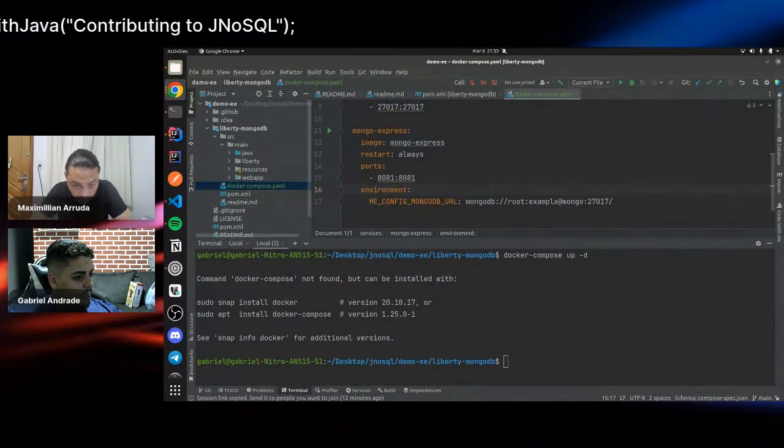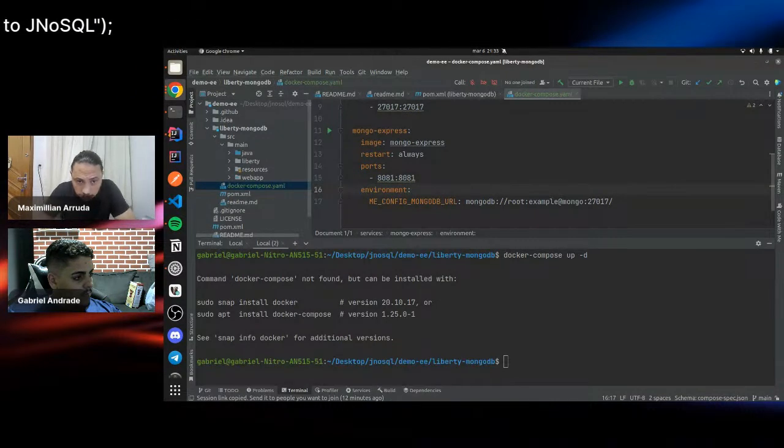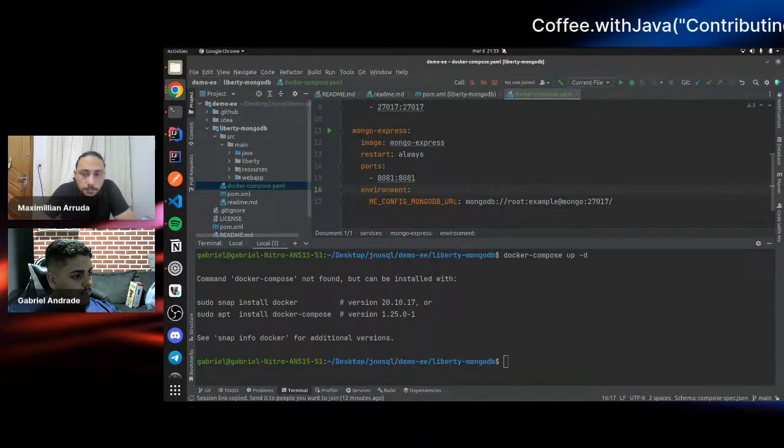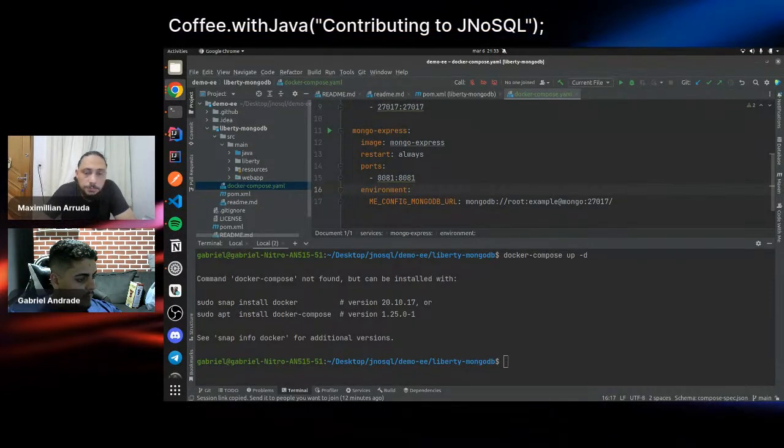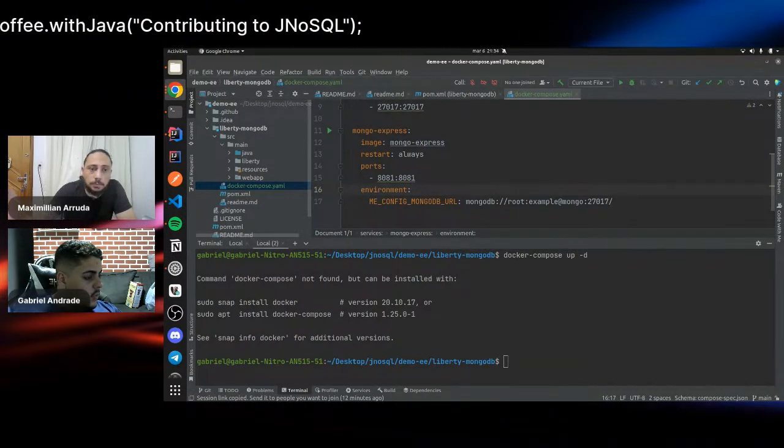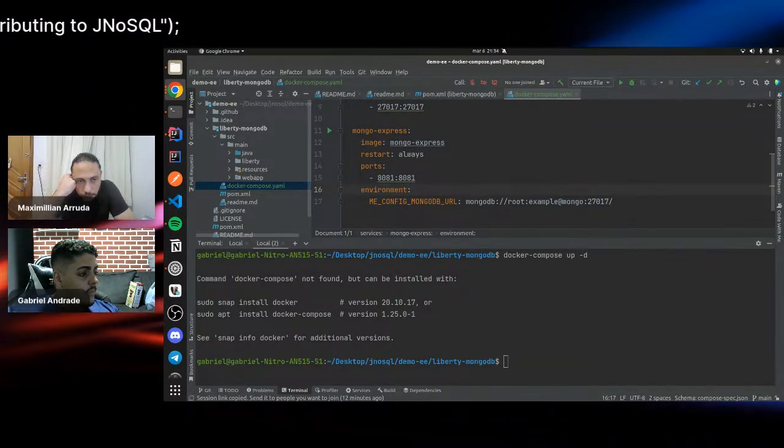It will execute a curl command that will download the Docker Compose script and install it on your local machine. Where did you put it?